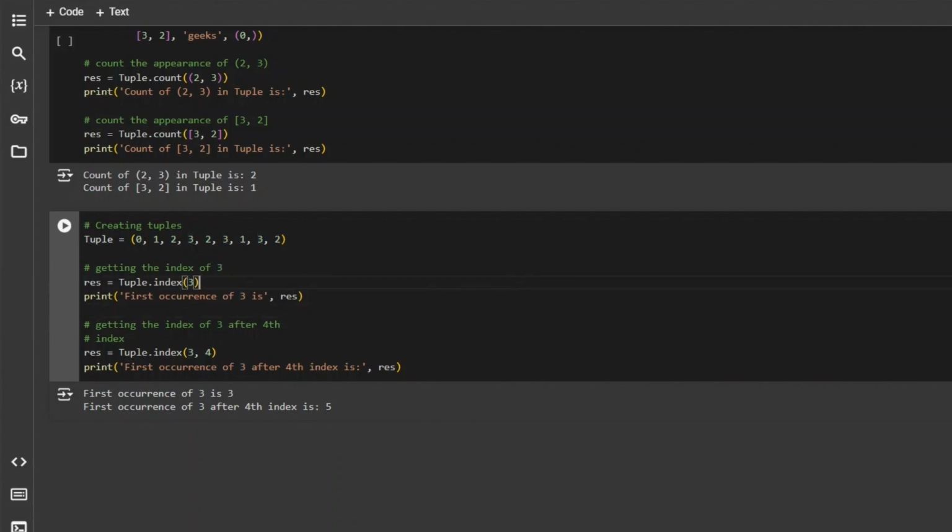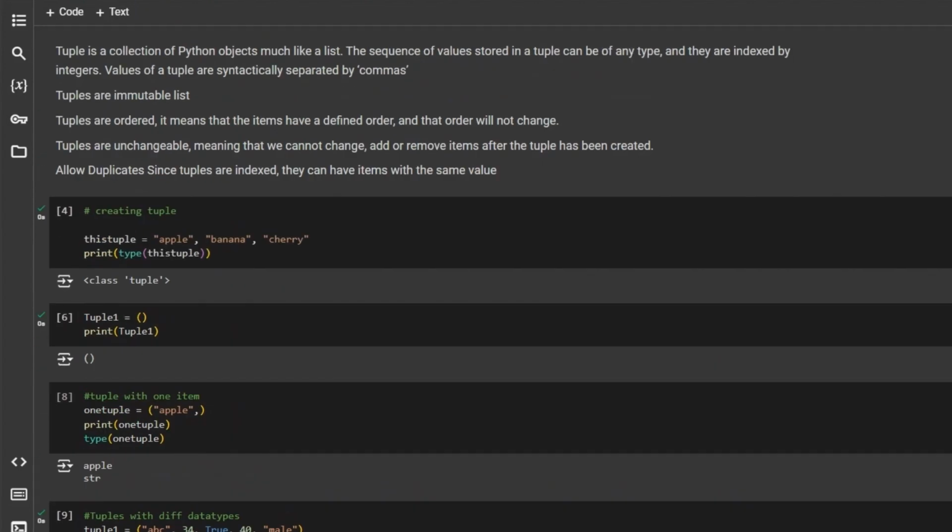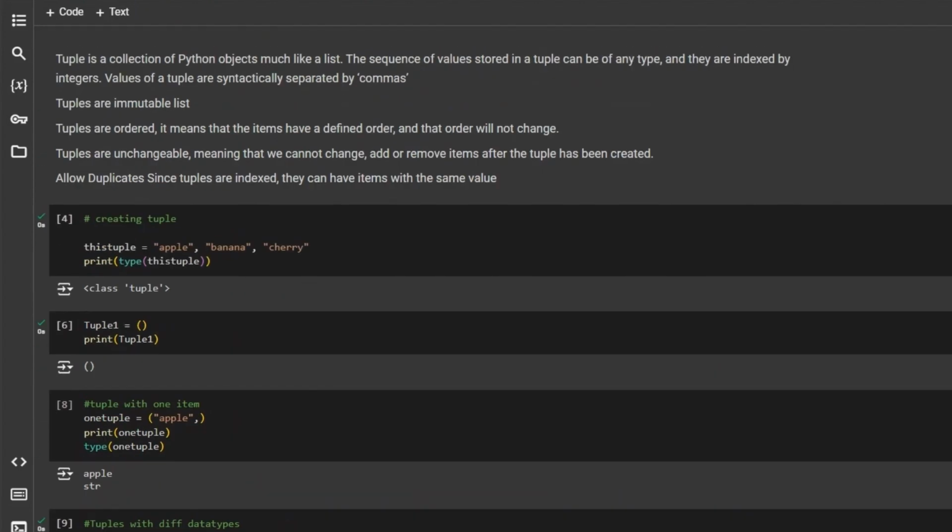All right, so that's all about tuples. Not a big concept, but important to know, because there will be situations where you would need a fixed set of elements. See, the difference between a list and a tuple is that lists are mutable and tuples are immutable, and due to that behavior, wherever there is a need of entering a fixed set of elements, like say days of the week, or days of a particular month,